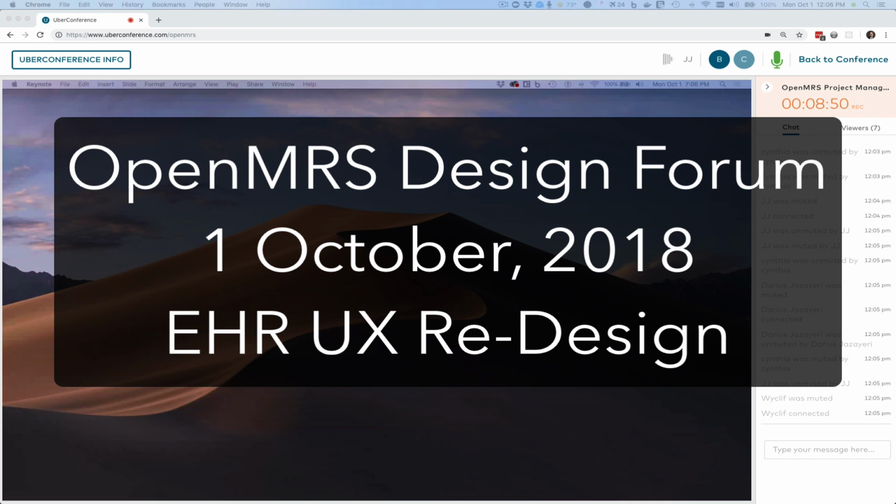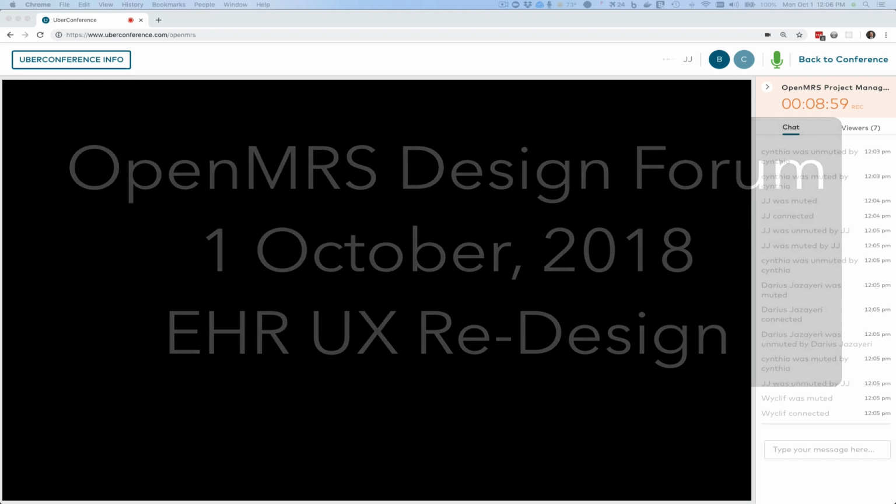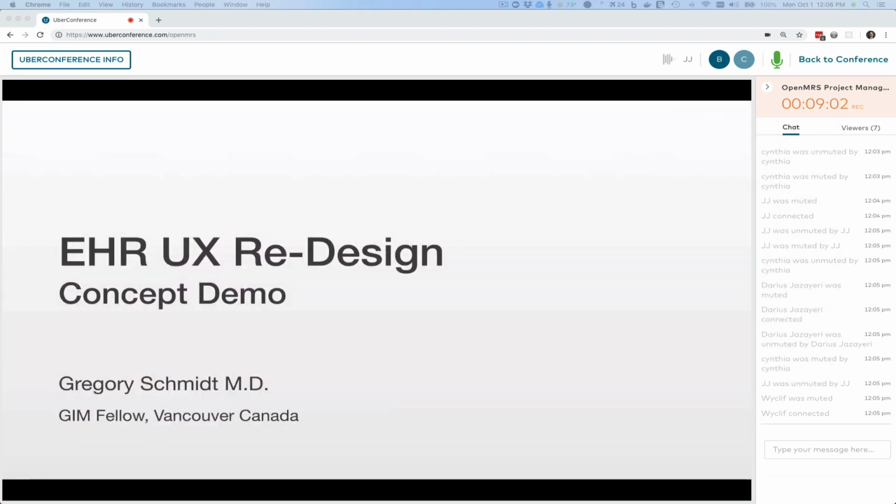Last year, I met Greg Schmidt, who was then a fourth-year fellow in general internal medicine at UBC, and he has a keen interest and eye for how health information systems ought to be designed to improve patient care and make it easier for users to enjoy their experience of the EMR, among other talents. But he has come to AMPATH, and he's in Eldoret now, working with us for the year during the 5th year of his fellowship, doing many things related to our project at AMPATH, but